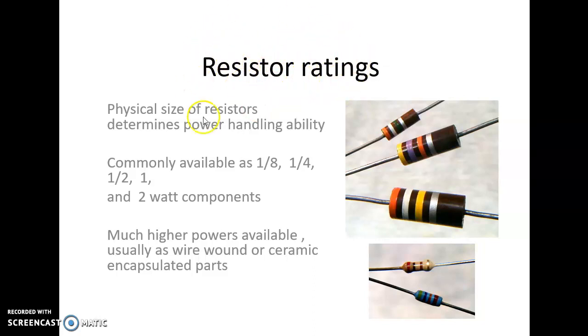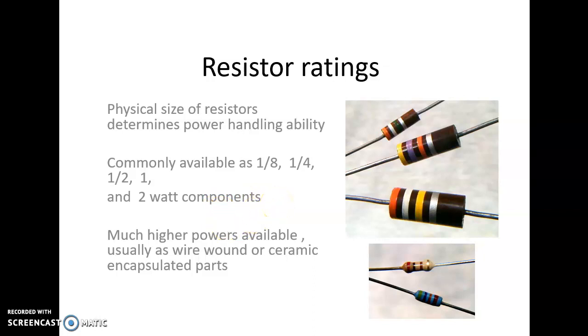So if I'm going to buy a resistor, definitely I'll tell the shopkeeper that I want a resistor of 1 kilo ohm. But 1 kilo ohm alone is not sufficient. Along with 1 kilo ohm, you also need to mention what the power rating is. What is the power rating of a resistor? The power rating of a resistor is 1 by 8, 1 by 4, that is quarter watt, half watt, 1 watt, 2 watt, 3 watt. In this way the resistor values are available.